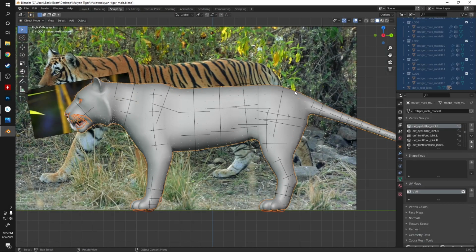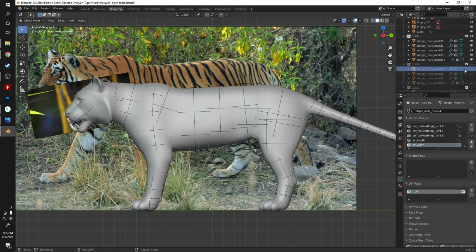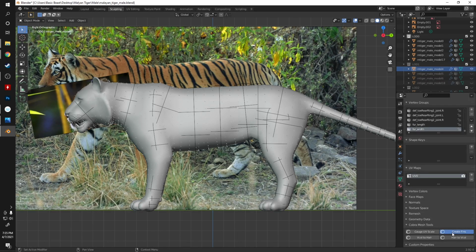Let's go back into Blender. This is why I haven't closed it yet. So I'm actually going to be on model 4 when I do this. And we're going to create fins again, because it seems to pull the model 4 data for the fins. I want to come into here, make sure we don't have any of those. Okay, and now I'm going to